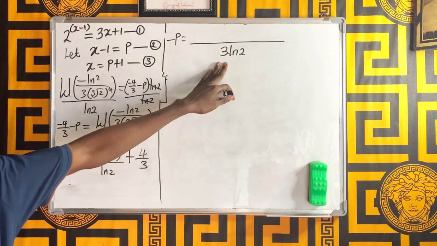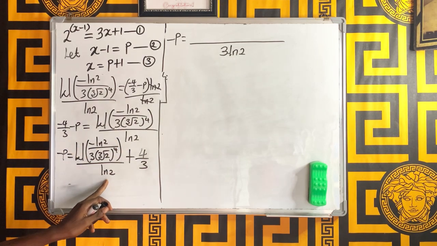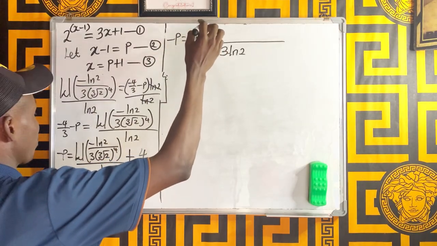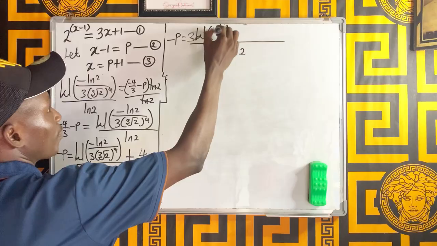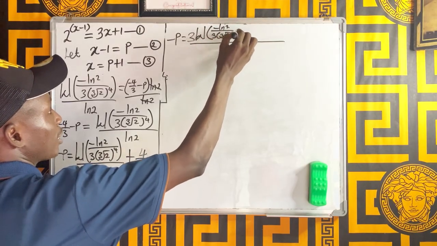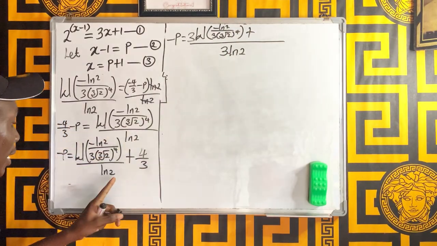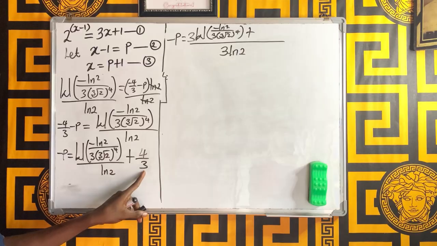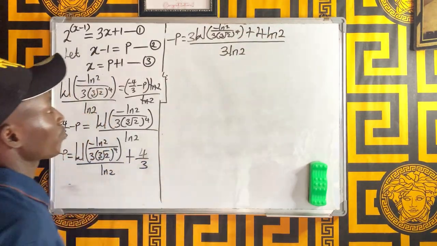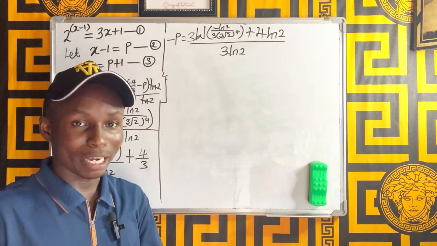Now this is the LCM. Now if you divide this by this, we are going to have 3. So that 3 will multiply by this. So this is 3 times the W function of minus ln 2 divided by 3 multiplied by the cube root of 2, all raised to 4, right? Then plus, if you divide this by this, you're going to have ln 2 times 4, that is 4 ln 2, or 4 natural logarithm of 2. Now remember, we are not asked to look for minus